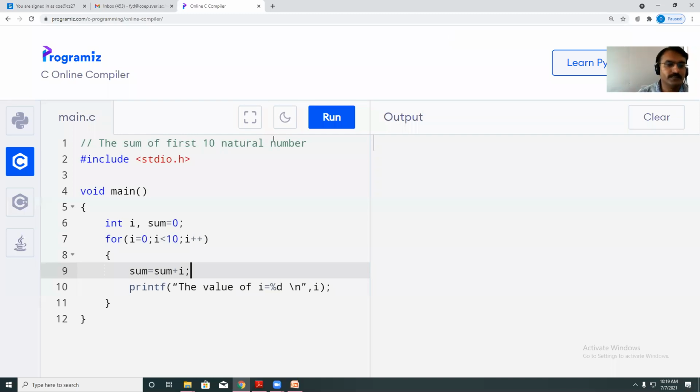Okay, so we will reduce it. First 5 numbers. Calculate the sum of first 5 natural numbers. Tell me now. It is very simple to calculate the sum of first 5 numbers. 15. Okay.